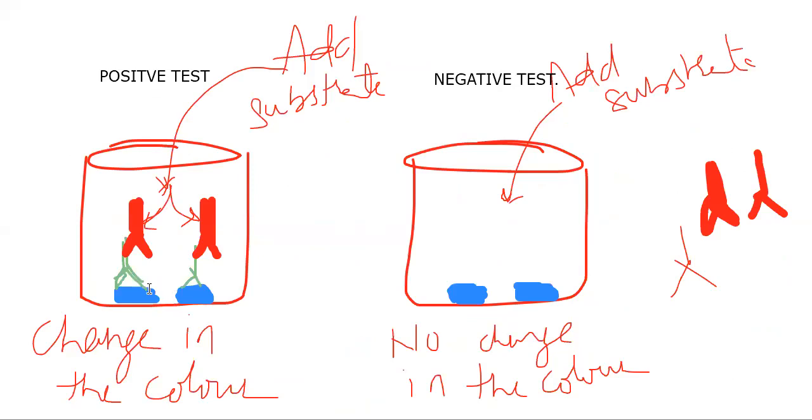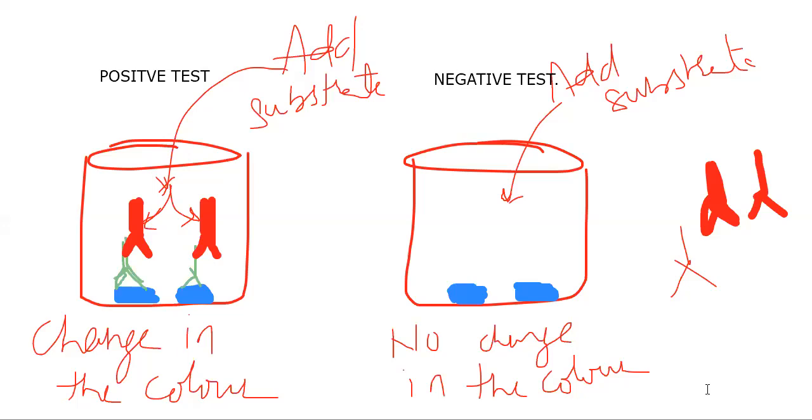Here it is, HIV cases: antigen, patient antibody, and the laboratory enzyme linked antibody. If they are present, when you add substrate, there will be a change in the color. That is HIV positive. Okay. Next here, no change in the color. What does it mean? The patient sample does not have any antibody. That's why the enzyme linked antibodies are pulled out when we absorb the free fluid. So when we add substrate, there is no change in the color. No change in the color means negative. Negative is good news here, isn't it?